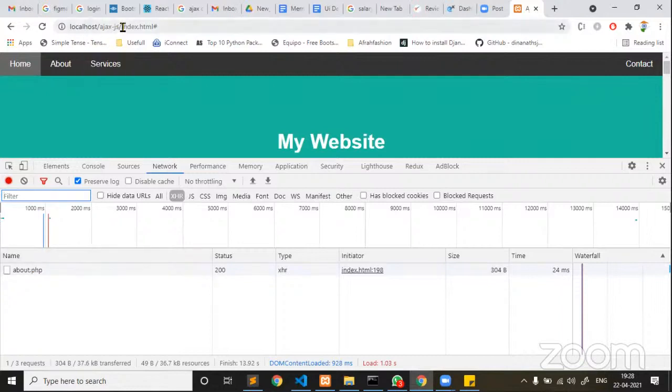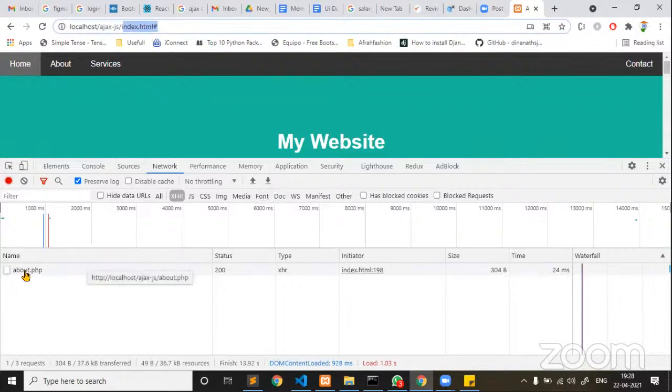Now we are at index.html, which is a client. From the client, we have sent a request to a server, that is about.php, which is a middleware. So now, cross-origin resource sharing, that one error that we have seen. What is that CORS error? Guys, when we are sending a request from client side to a server, and the client is a different origin, the server is a different origin, though both of them are placed in one particular application server, their origin might change.